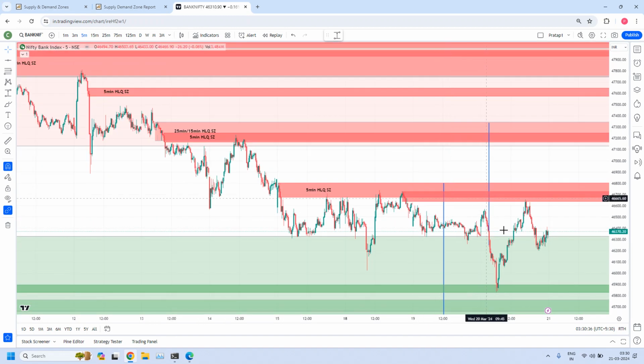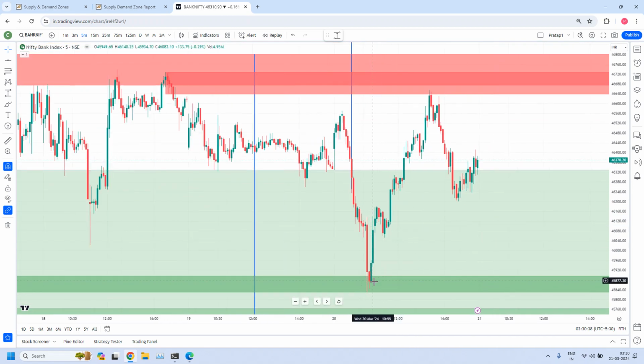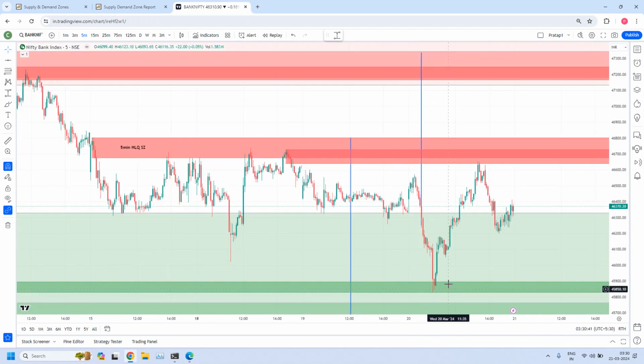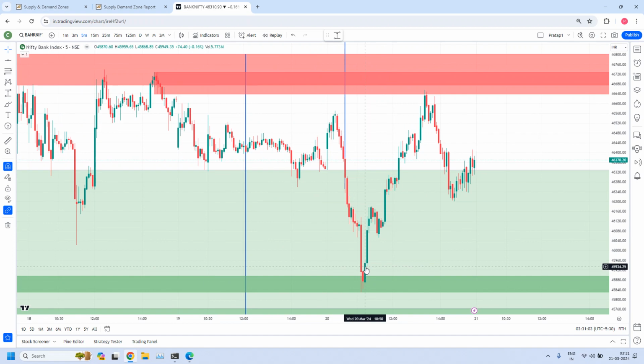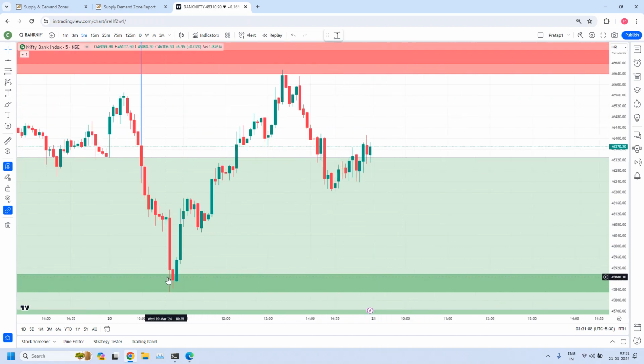now Nifty. Next time you can't take a trade here. The reason is this is violated, but again a new zone is created. Drop, base, maybe this also you can consider as a base candle, and this is a leg out. This is not a base candle, this is a medium size leg candle. A medium size leg candle can be part of the base, if there are earlier base candles. Please remember. That way both the candles combine and you can draw a zone. Or if you want to minimize the risk, you can take from here and draw the zone.